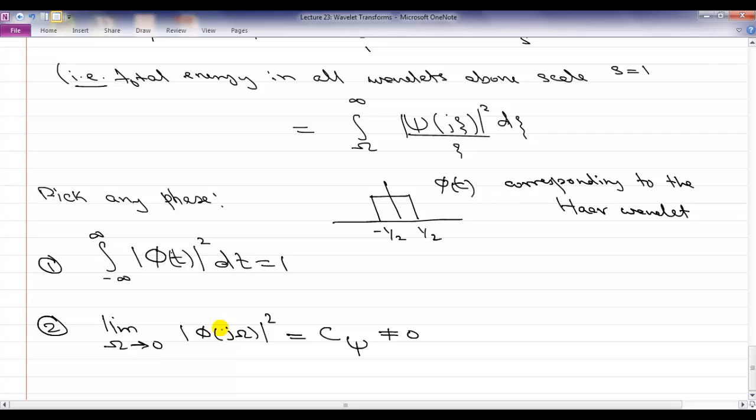Okay. In particular, if you look at the scaling function of this Haar wavelet, we know what it is, right? It is a low-pass filter. It has a sinc shape. Right? So because of its low-pass nature, it captures all the low energy, and we can capture that through what you can call the approximation,